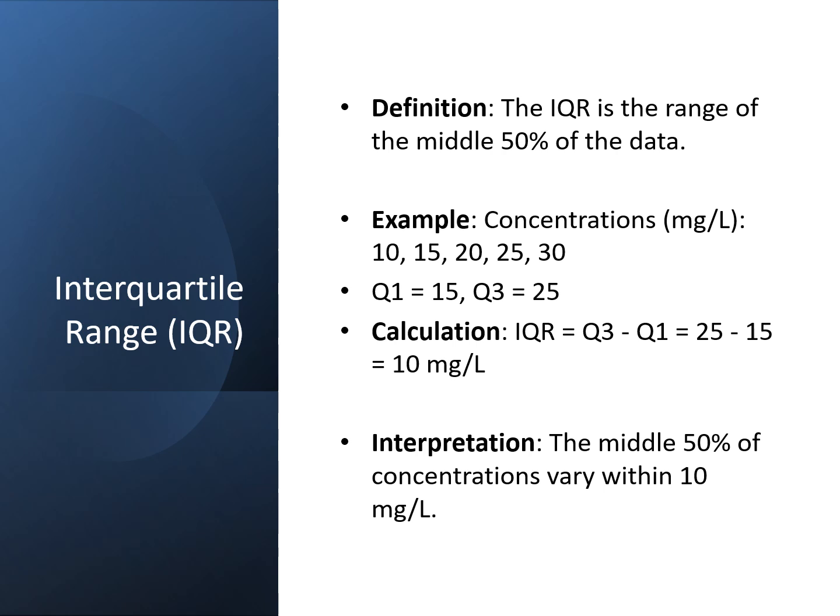The interquartile range, or IQR, focuses on the spread of the middle 50% of the data. It's calculated by subtracting the first quartile, Q1, from the third quartile, Q3. Using the same data set, 10, 15, 20, 25, and 30 milligrams per liter, Q1 is 15 and Q3 is 25. The IQR is 25 minus 15, which equals 10 milligram per liter. The IQR is particularly useful because it ignores outliers and gives a better sense of the central spread of the